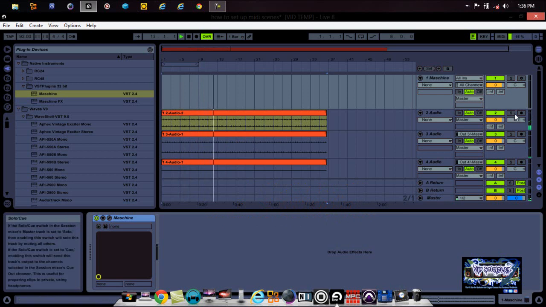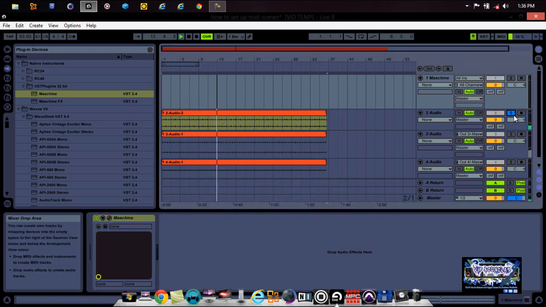Like if I wanted to solo just this, there's just the hi-hats. Solo that's just the clap. And that other sound. So, you know, I should have done some chords or something so that we could have heard it more switching up with the scenes. But trust me, the way the scenes were triggered is that's what's being recorded